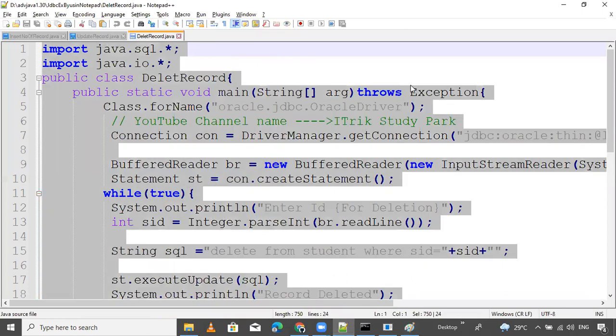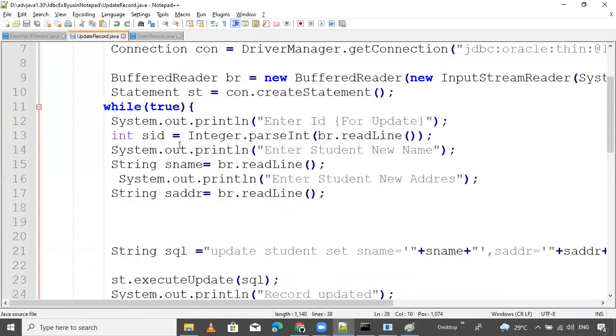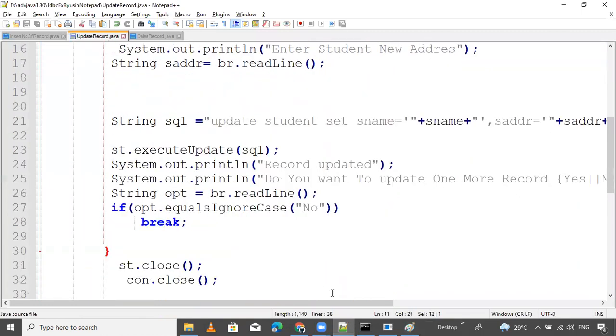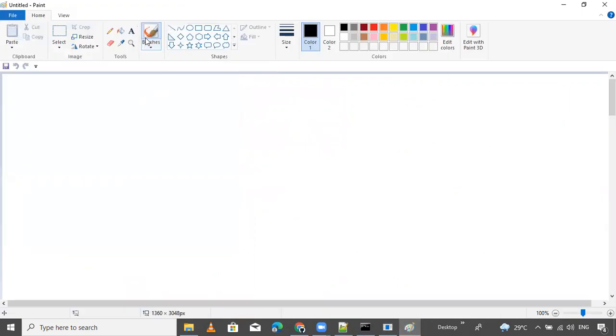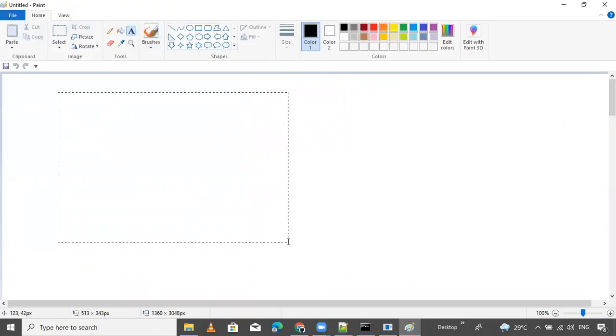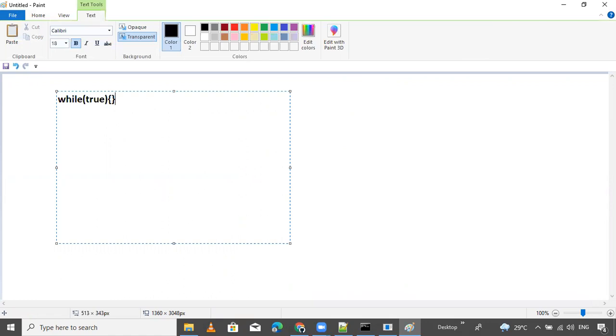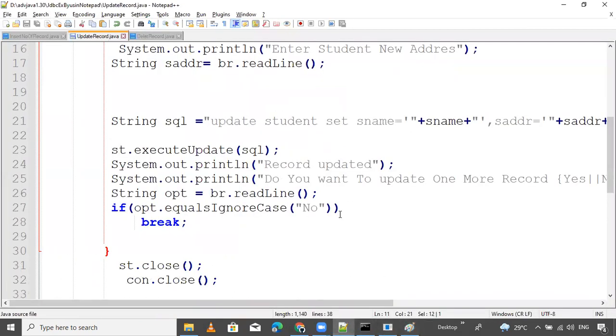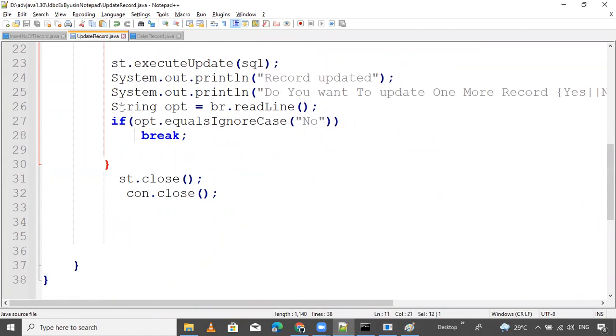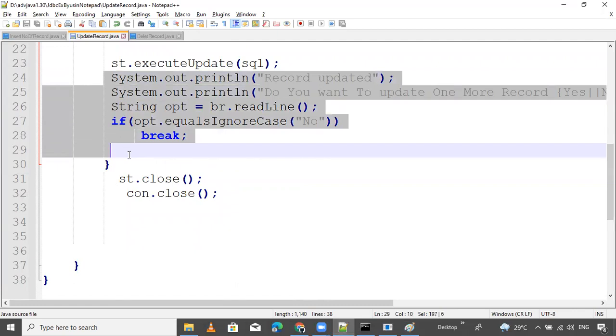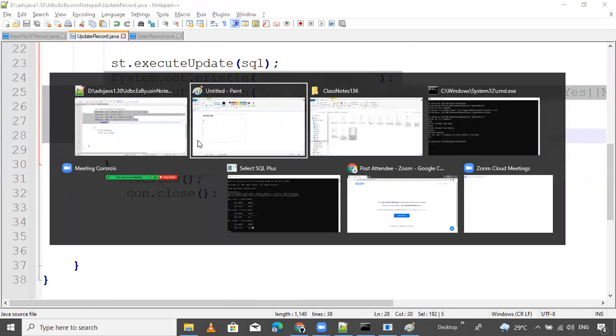Come here. See, here. Only the logic which I require, Control C. Inside this, only this one. After this, provide this logic.